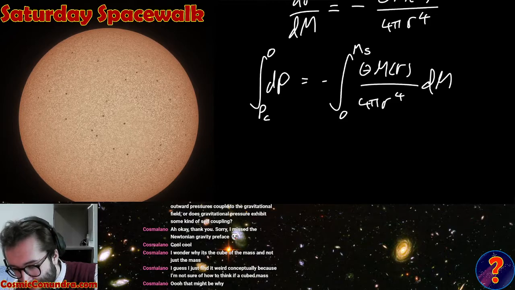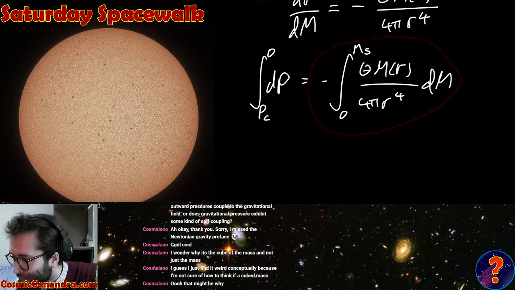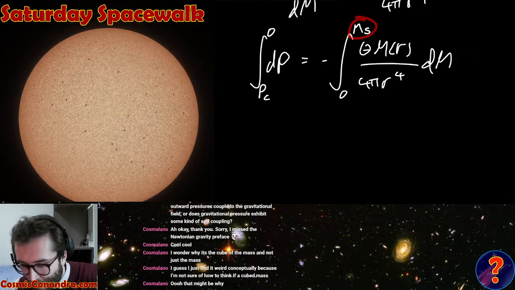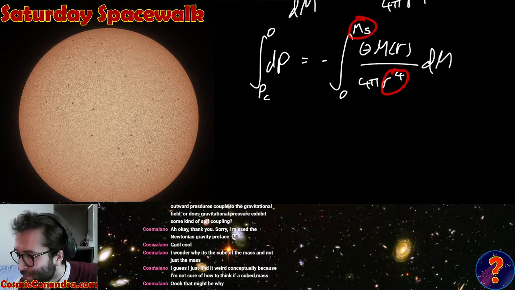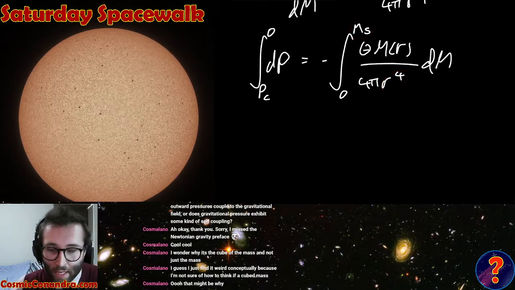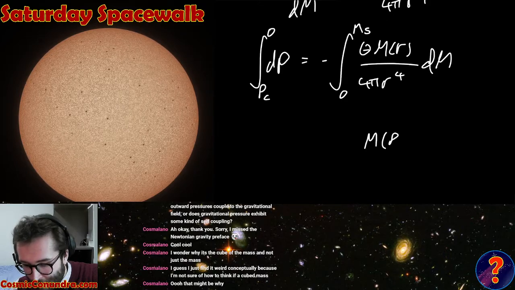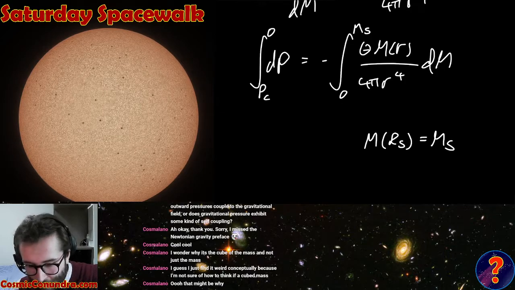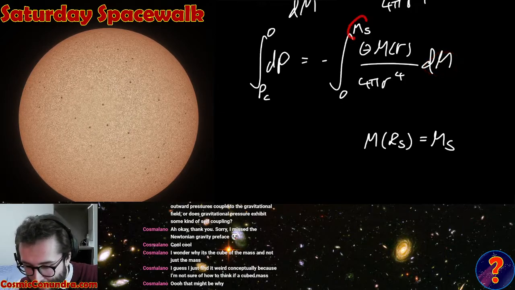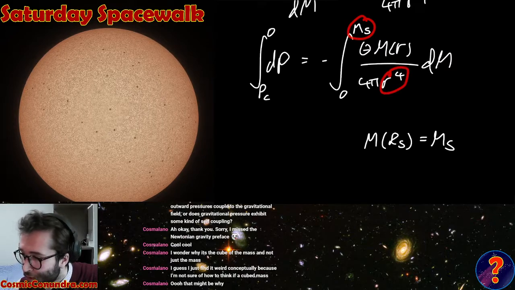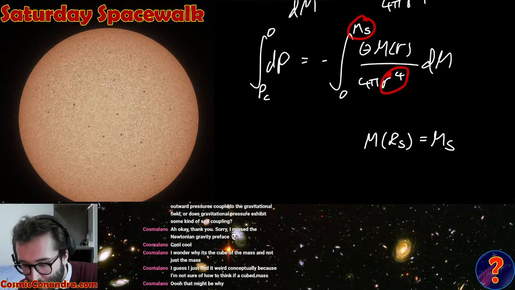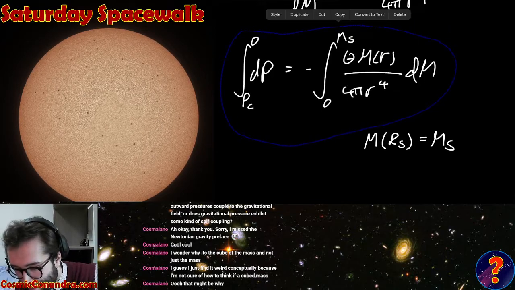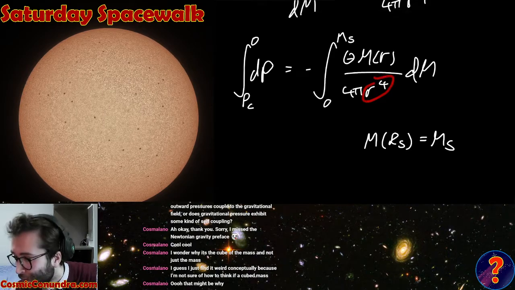But what we can do is we can place a bound on this integral. So as m increases towards the mass of the sun, r will increase towards the radius of the sun. Okay, that's how this function m(r) is defined. M at the radius of the sun is equal to the mass of the sun. So likewise, as the mass approaches the mass of the sun, the radius here will approach the radius of the sun for this function. And the radius of the sun is, of course, the largest radius we have in the problem. All of the other r's here will be smaller than the radius of the sun,